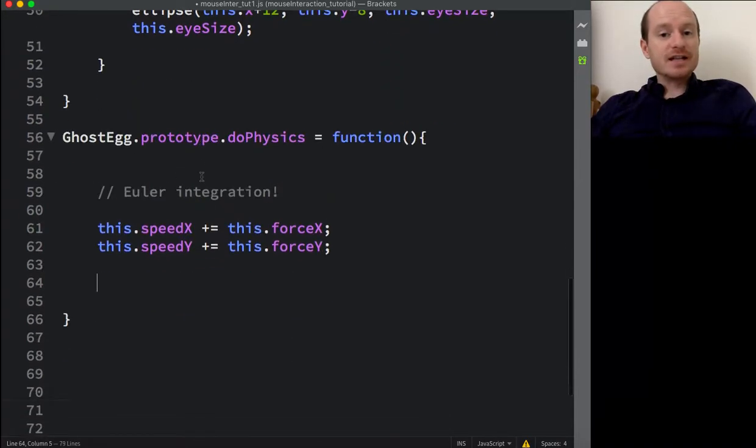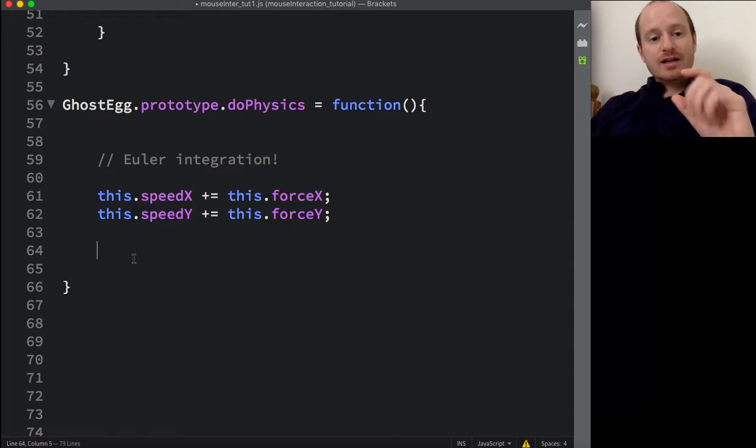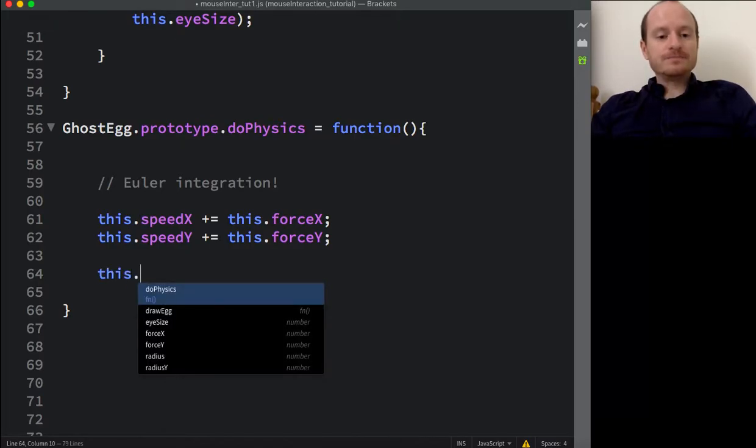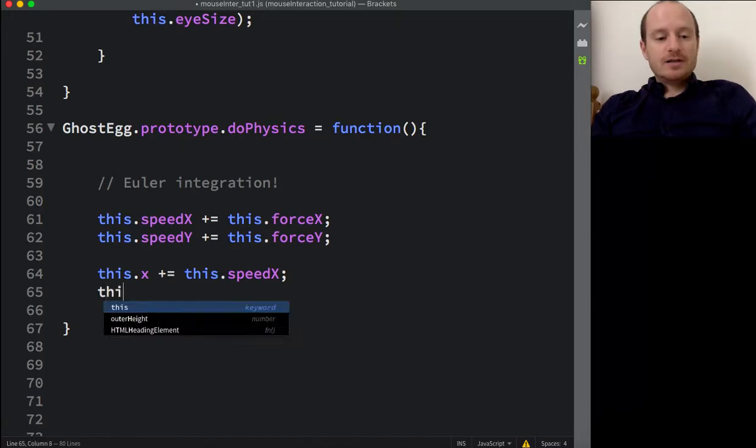And then the next step of a basic physics engine is to add that speed to its position. So this is kind of making sense, hopefully. The position is going to be changed by the speed, and your speed is changed by a force that's applied to you, which is acceleration, the rate of change of speed. So we've got this position, this x, plus equals this speed. You'll notice I'm doing plus. So if speed is negative, it will go left. If speed is positive, it will go right. So it's a bit like a vector, really. Plus equals this